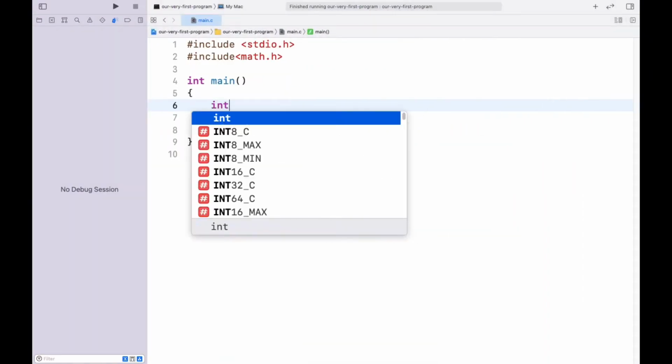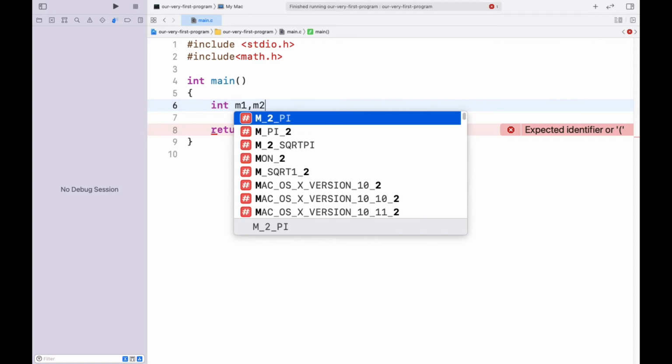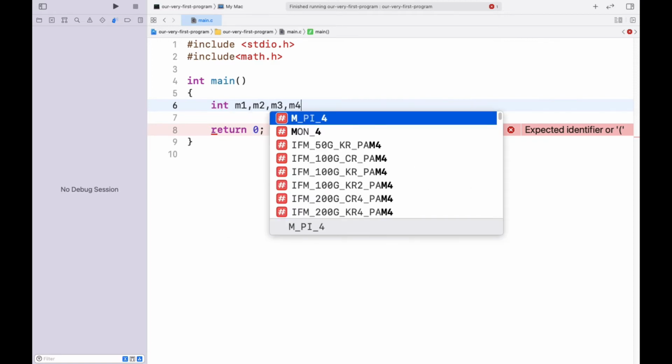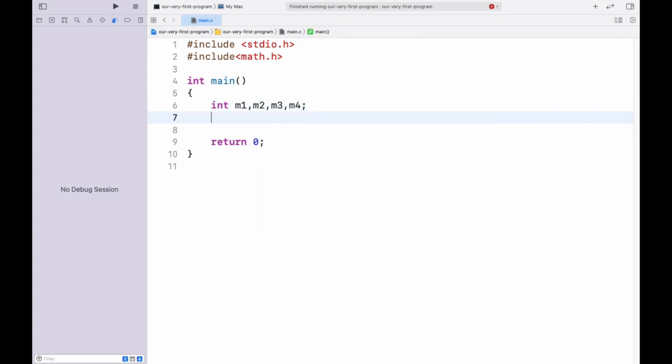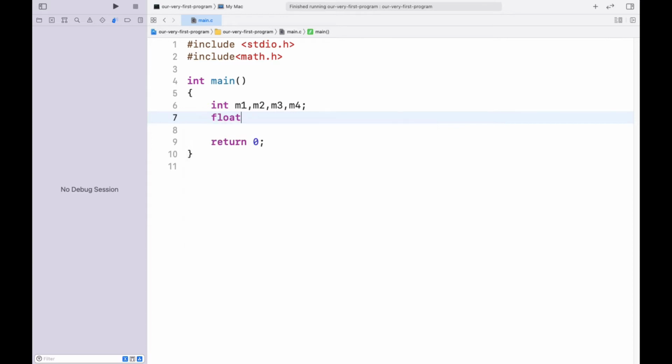First off we need 4 integer variables. I'm taking m1, m2, m3, m4 for marks 1, marks 2, marks 3 and marks 4, and a floating point variable for percentage, because percentage is a floating value.